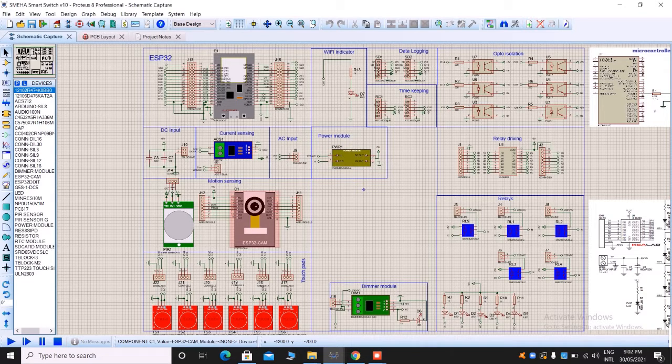Now for motion sensing, we have used an ESP32 cam and a PIR motion sensor. The purpose of both is to detect the presence of a human being and give a signal back to this ESP, which will give it to Blynk and display it on a Blynk interface also. Now for data logging, we have used the Blynk app, but also we have left space for a micro SD card